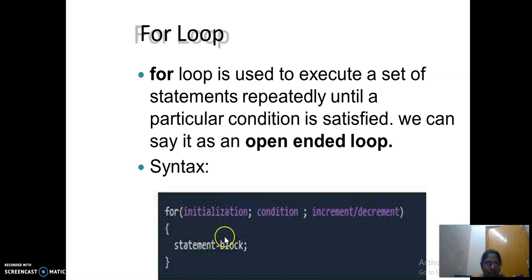That means semicolon, condition, semicolon, and you close the parenthesis. Initialization and increment or decrement can be empty in the for loop. That means you are going to do them somewhere else: initialization before the for loop, increment or decrement within the body of the loop.